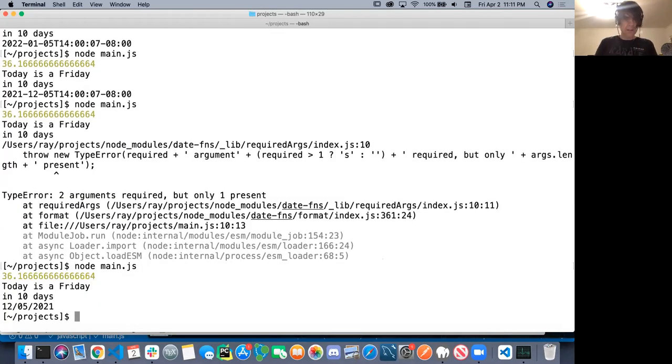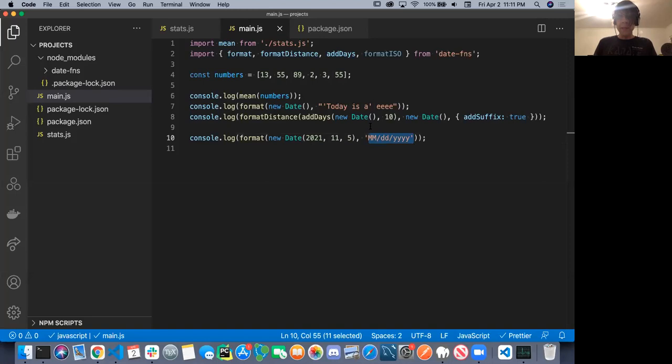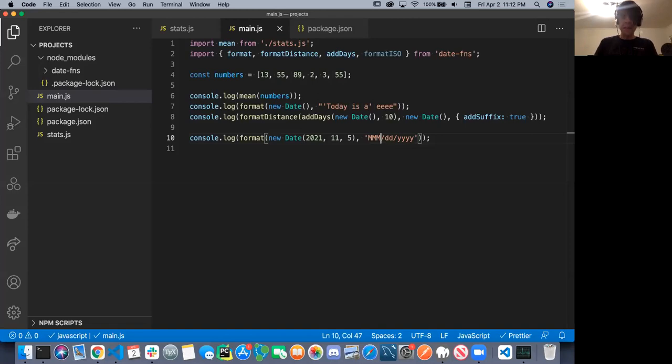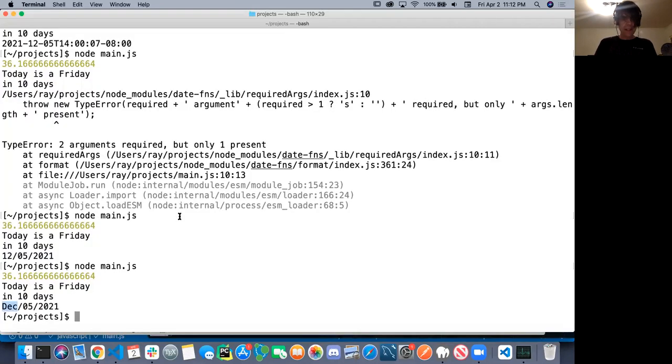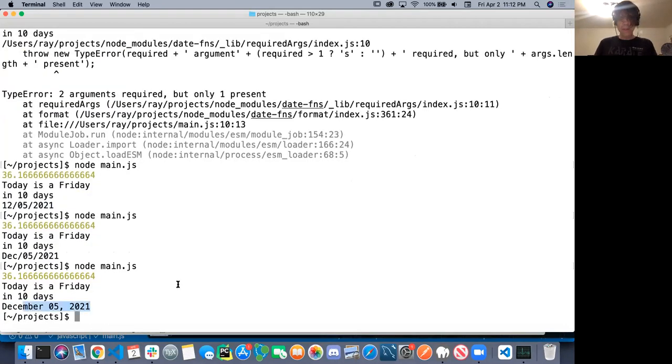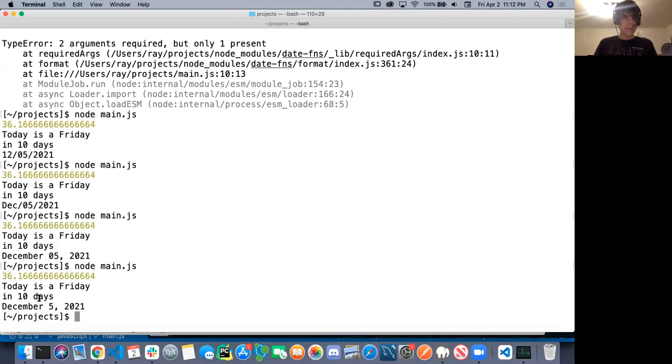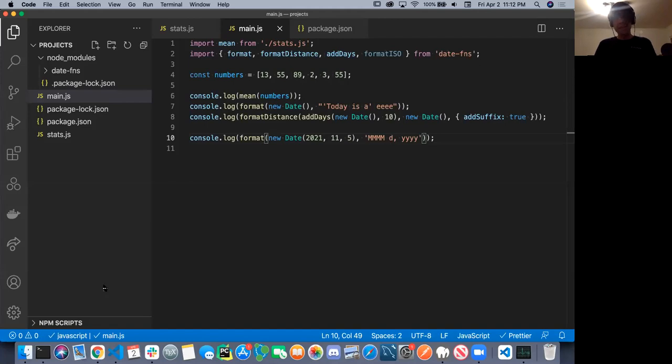And there you go. So you got this weird American style date here, 12/05/2021. If you use 3 Ms, you get, instead of 12, DEC for December. And then 4 Ms, now we can get kind of fancy. And we have now December 05/2021. And you guessed it, if you don't want the leading zero, a single D will do it. So you can have all sorts of fun with your formatting strings. And that's pretty much all I have for